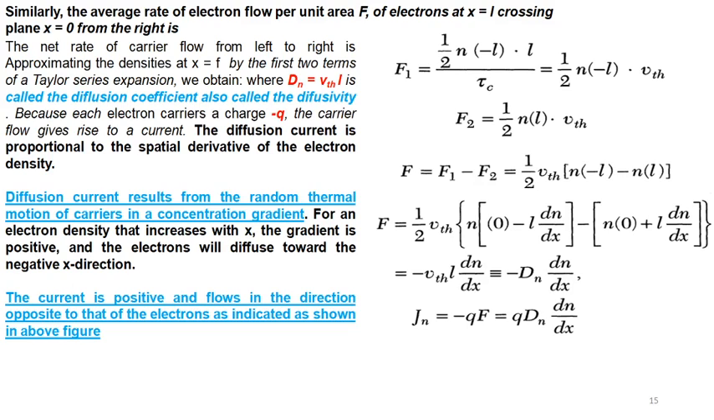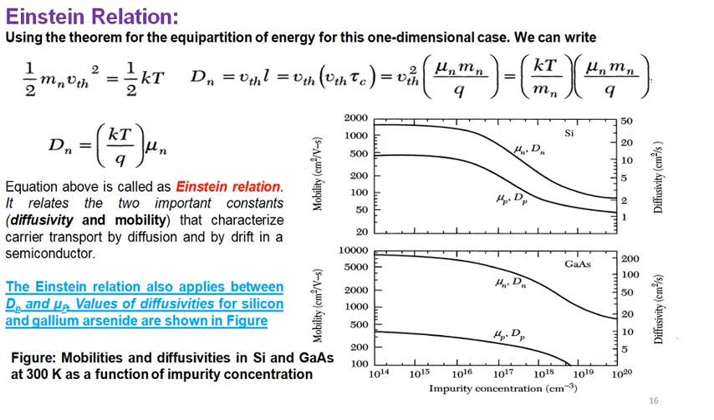The diffusion current results from the random thermal motion of carriers in a concentration gradient. We say concentration gradient, like we show in material science, dc by dx, but here it is the concentration of carriers, that is holes or electrons. Here we are writing it for electrons. Then the current is positive and flows in the direction opposite to that of the electrons, as shown in the above figure. Then we get the equation Jn is equal to q Dn dn by dx. A similar expression we can also write